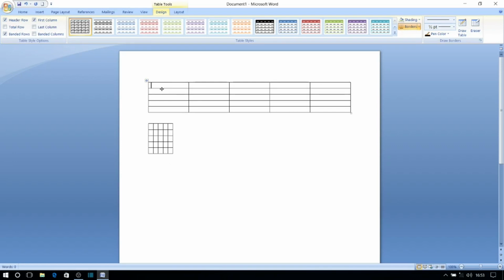First we will type serial number in the first column and first row, and name of the student in the next column, and marks in the third column, attendance in the fourth column and performance in the fifth column.